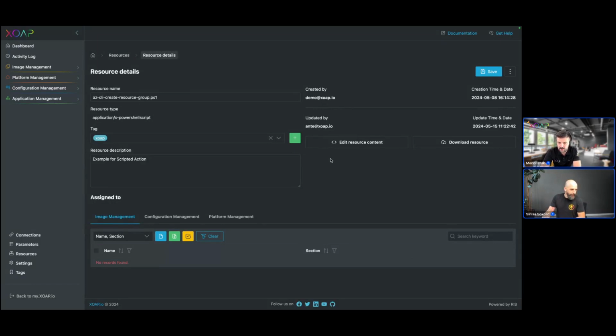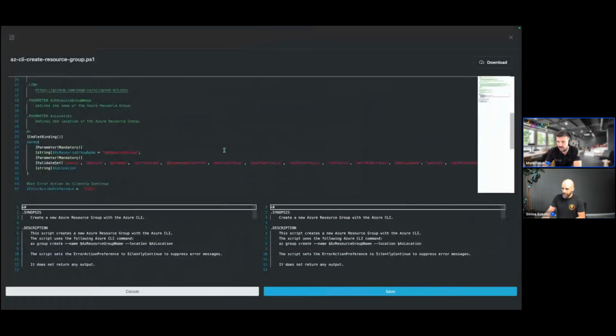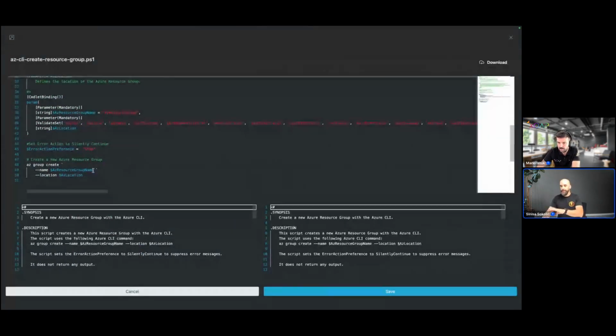Just to ask a question over here, Sinisha, you are showing this PowerShell script. So I can also edit the PowerShell script at this point. I do not have to download it and upload it again, so I can do it immediately in the front end. Yes. And the cool thing is also, if you're in scripted actions and you go into the details of the scripted actions, the parameters that are shown there,